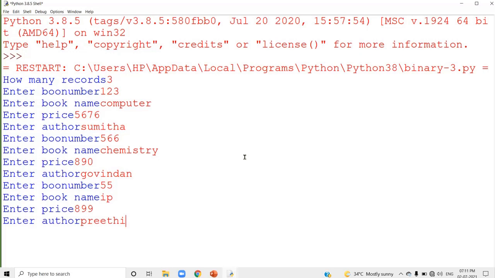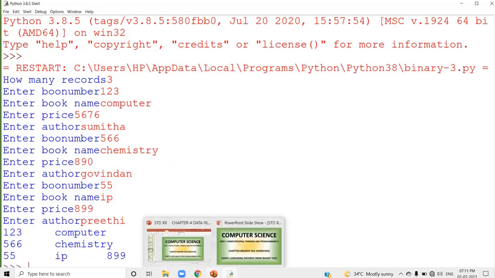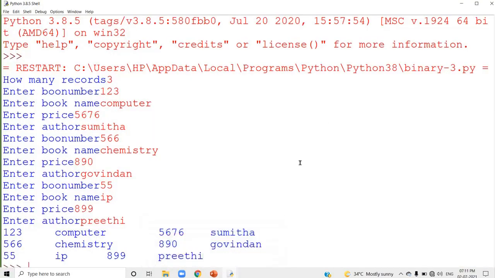3 records you accepted, and after that say that you can display the value here. Check it, you understood or not. So I didn't use that format statement, that is why it is not displayed in proper format. If you are using that format method which you studied in Python SQL connectivity, then you can display it in a formatted way. So that is all about how to write individually records into the binary file.